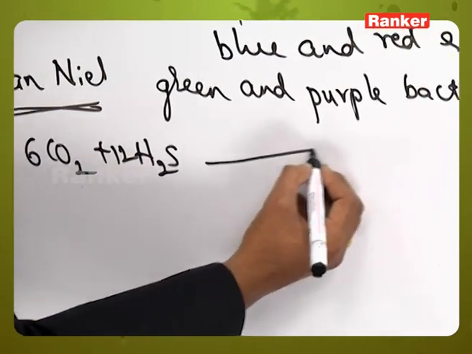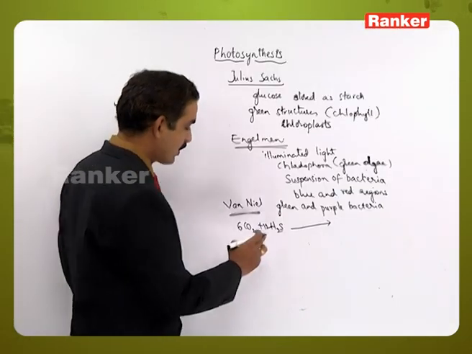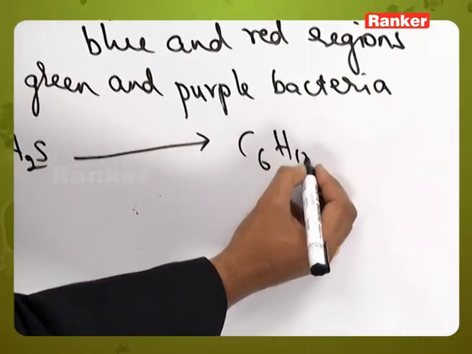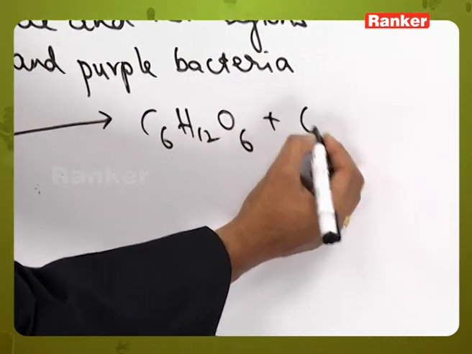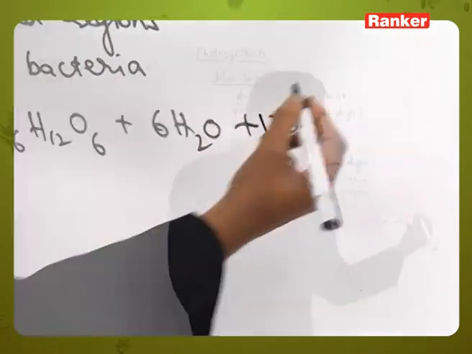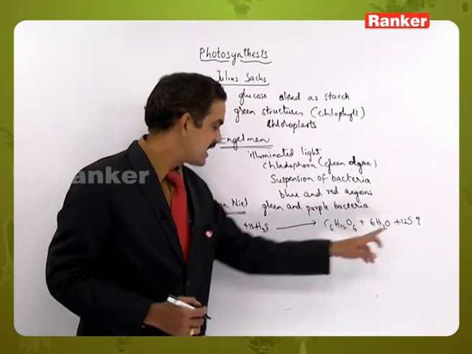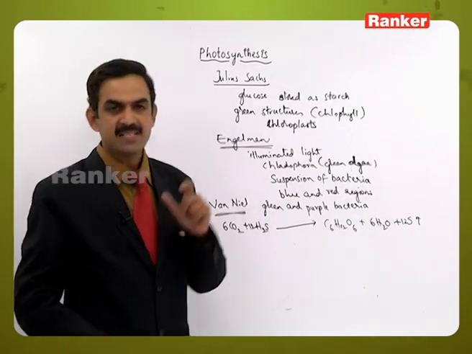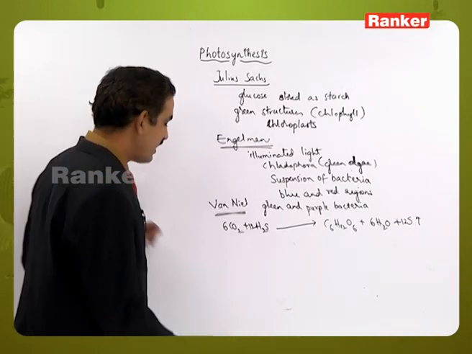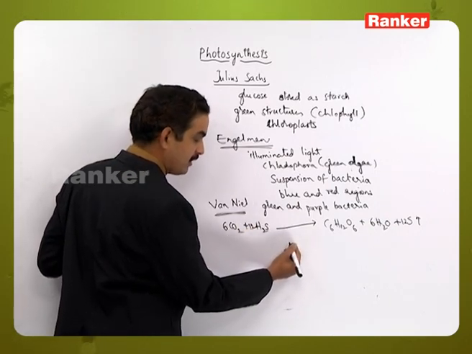So instead of that, when he did the experiment using green and purple sulfur bacteria, he used hydrogen sulfide in place of the water molecule, and they produced glucose molecules along with water, and they released sulfur instead of oxygen. This shows that the sulfur was released from the H2S, which was replaced in place of the water molecule in the normal photosynthetic process. So based on this, it has been demonstrated that the carbohydrates are being produced